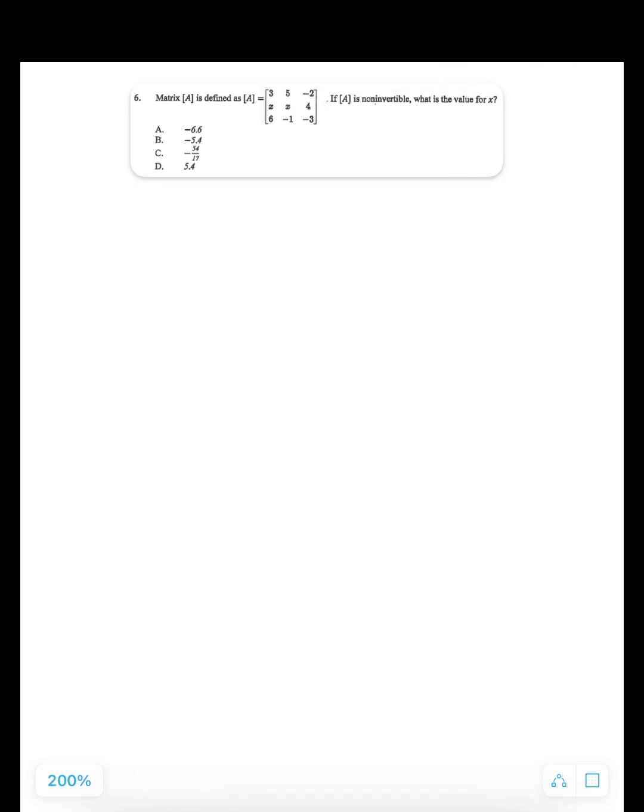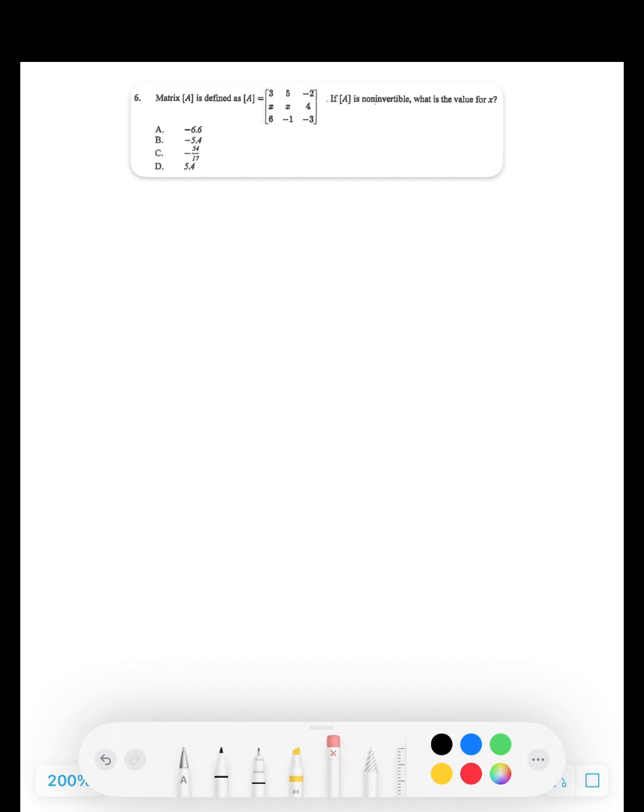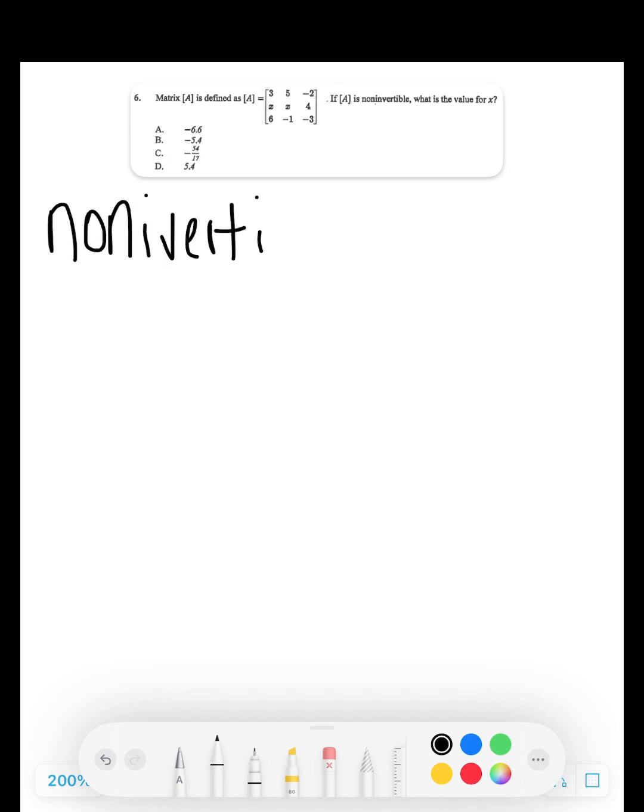Alright, so we're looking at question 6 from KAAC District 2024. We're given that matrix A is defined as 3, 5, negative 2, x, x, 4, 6, negative 1, negative 3, and if A is non-invertible, what is the value for x? So a non-invertible matrix means that the determinant